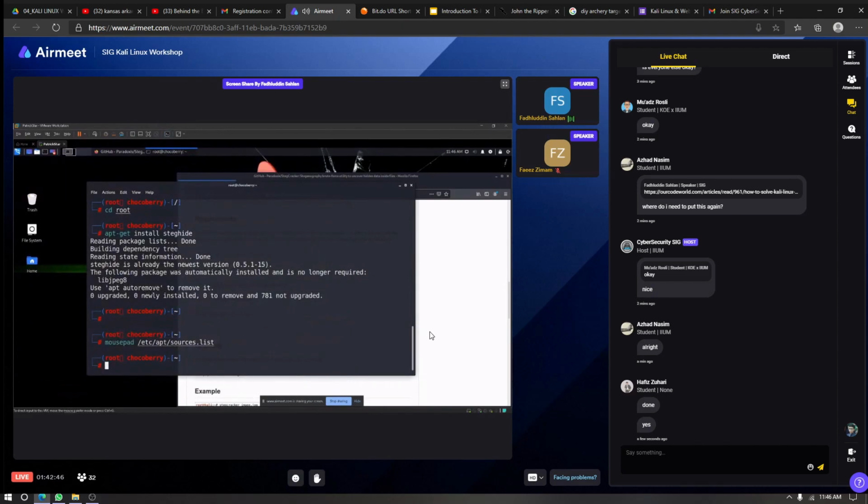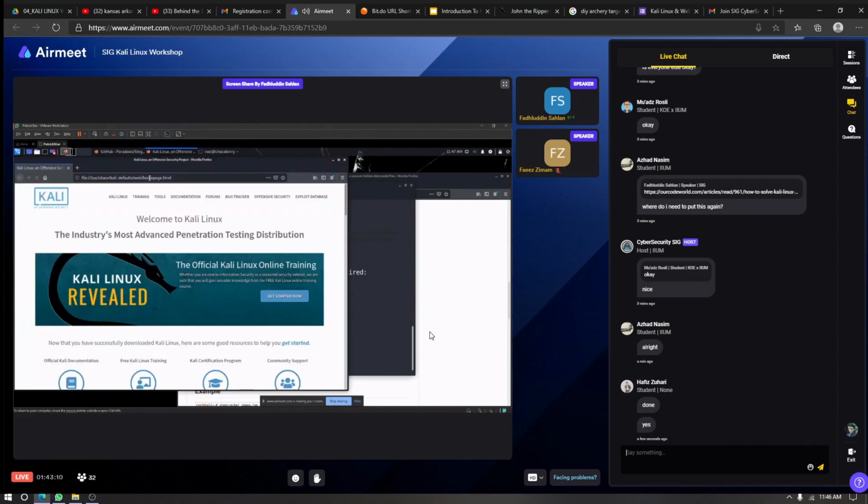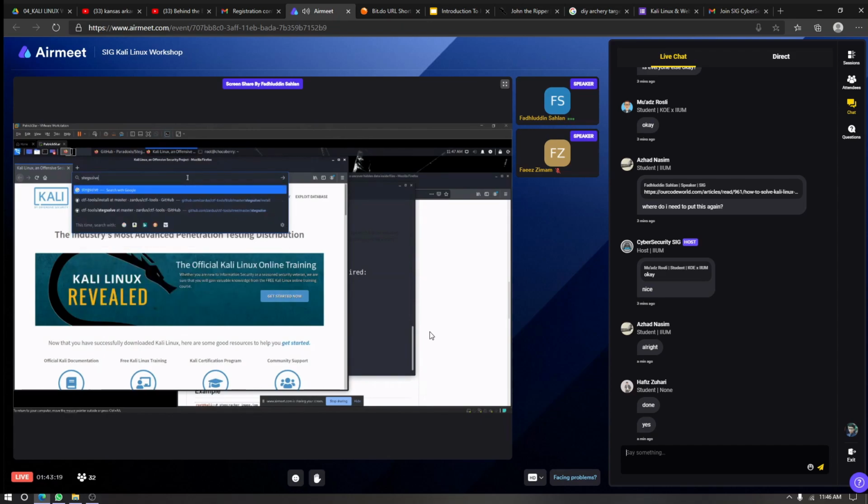So let's move on to the next command, which is the curl command. Or you can use wget. This is for you to download a file from the internet. So let's say you want to download Stacksoft. Stacksoft is also a tool that deals with steganography. So just search Stacksoft,